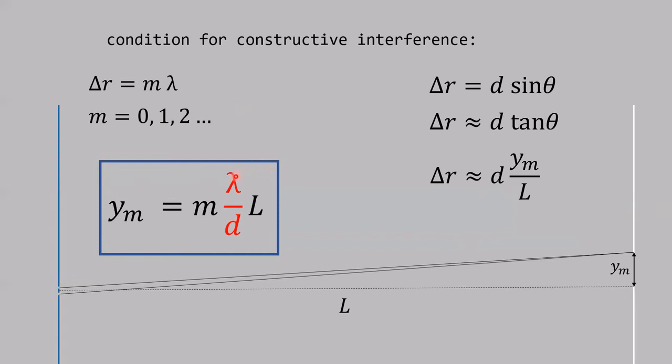Look at what we've got here. You're taking a ratio of 2 distances, so it's dimensionless, right? Wavelength compared to slit separation is a dimensionless quantity. And let me point out that this ratio is much less than 1 usually, because the type of slit separations we're talking about normally are half a millimeter, a tenth of a millimeter, probably more like a tenth of a millimeter. But visible light has a wavelength of,